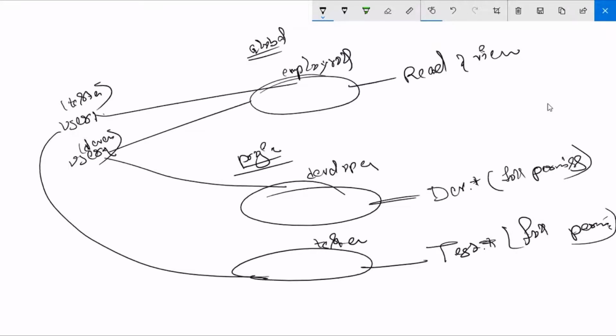Both can see everything and read. User one has access to jobs with names starting with test, and the developer has access to jobs with names starting with dev. Like that, we can give some privileges and restrict some privileges. Understood, guys?